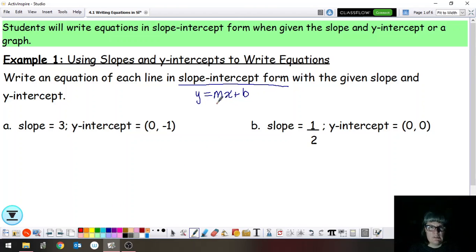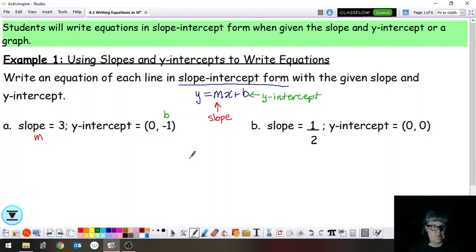When a line is written in this form, it gives me exactly what the name of that form tells me. It gives me the slope, which is m, and it gives me the y-intercept, which is b. So in these two examples, we are given the slope m, and we are given the y-intercept as a point. And y-intercept really is a point. The x value of every y-intercept is 0, and then the y value of every y-intercept is the b value